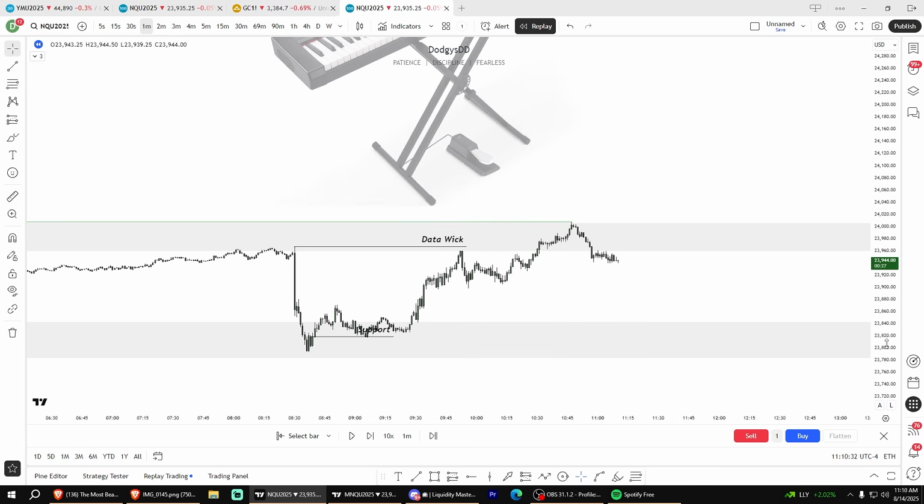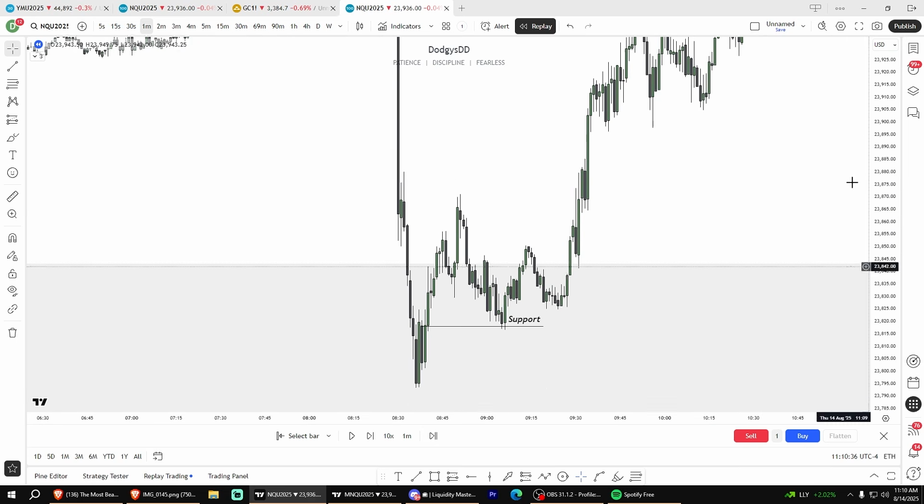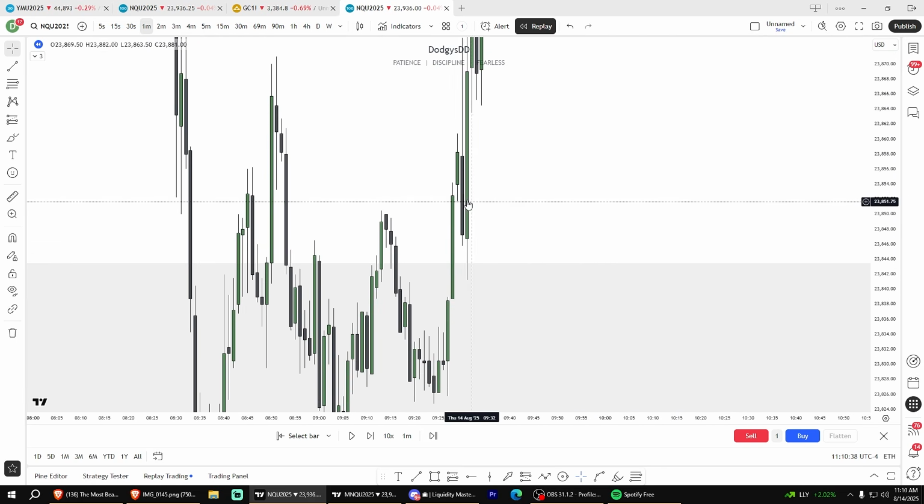A volume imbalance is basically a little tiny gap where the close of the candle does not align with the open, and it gaps up. So when this candle closes, we gap up in like a second, and then the wicks overlap, but the bodies of the candles don't overlap. So this is